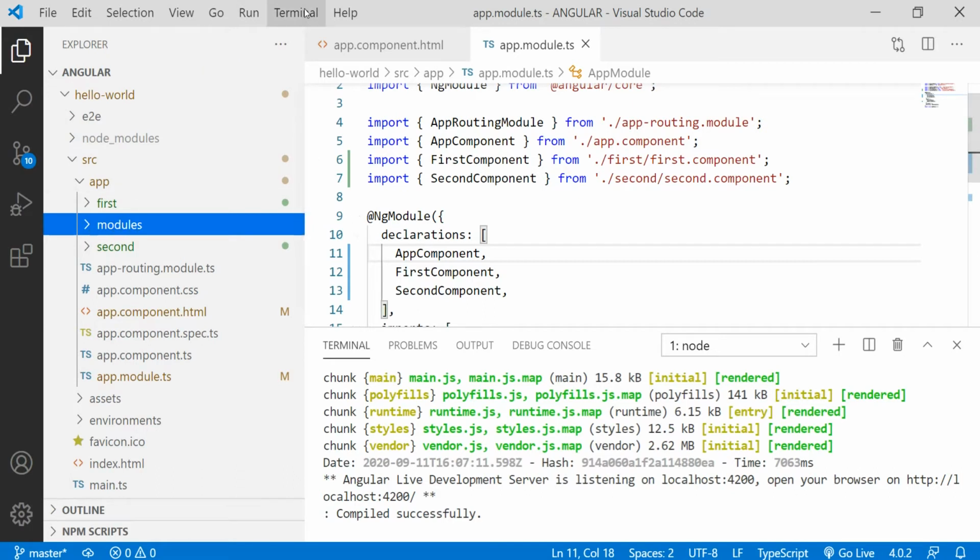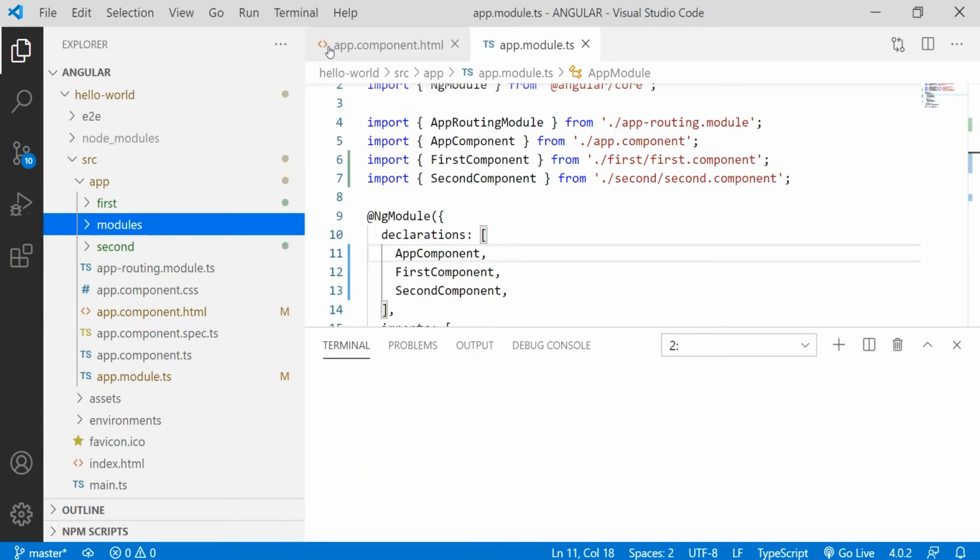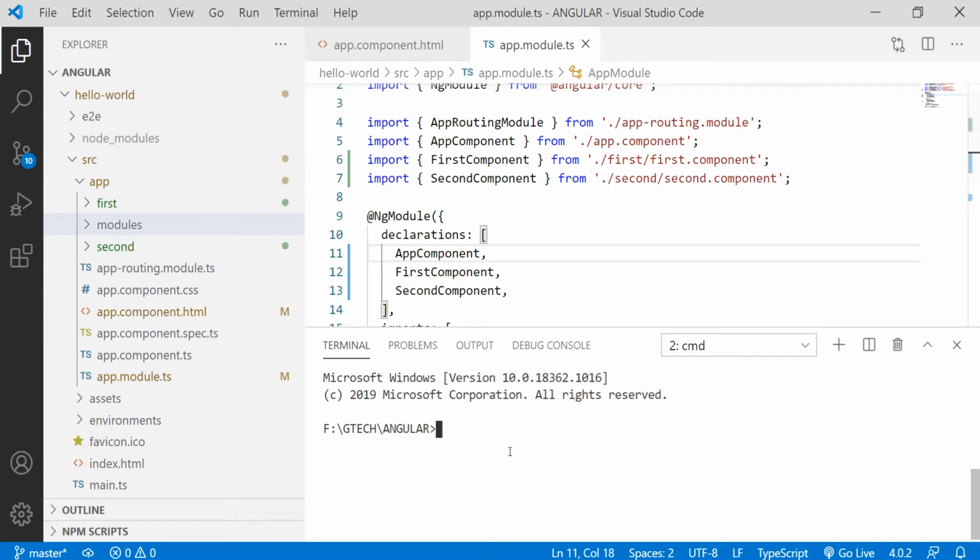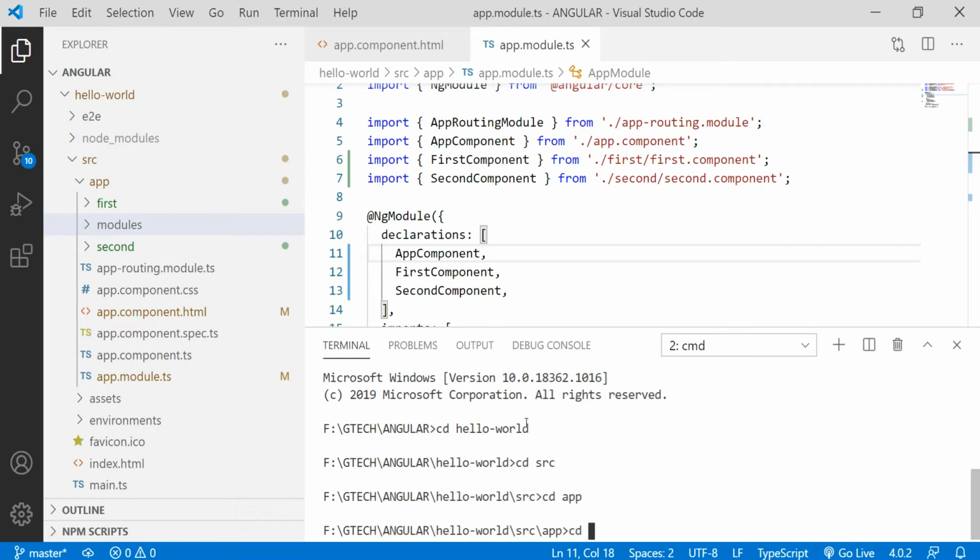To do that, we need to open a new terminal and we need to get into this modules folder. So cd hello world modules.